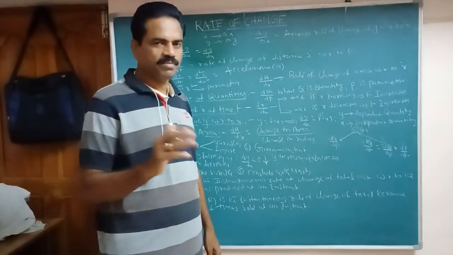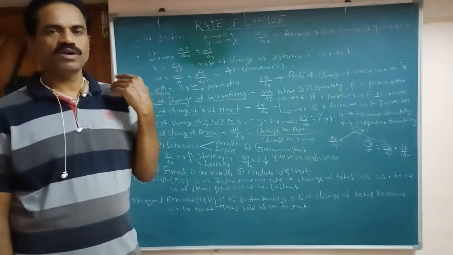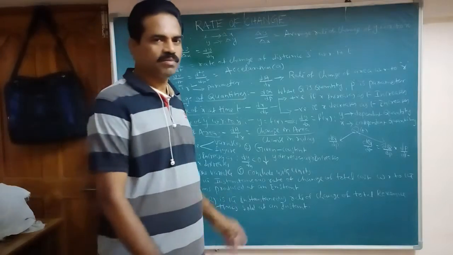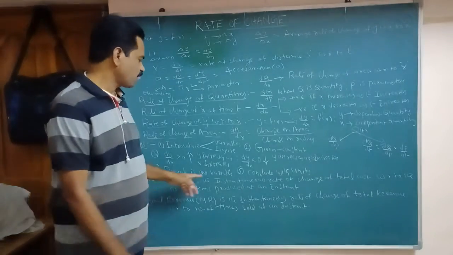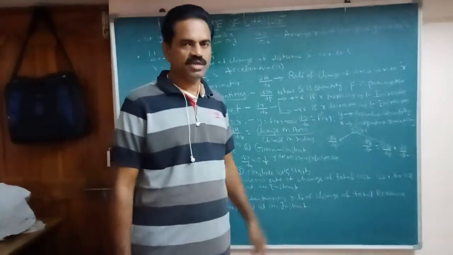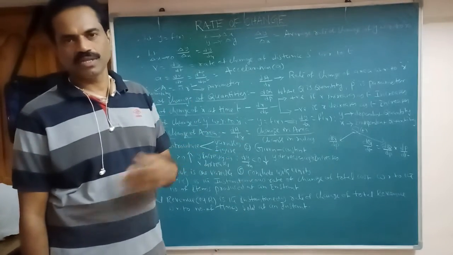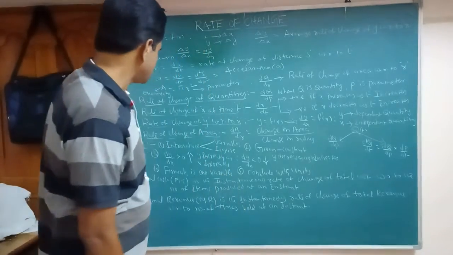Suppose the problem is given in terms of both variables. You have to convert it into one variable, either r or h, depending on the problem. So the formula is in one variable. And last, write down the units, which are compulsory, like meters per second, depending on the problem. That is the last step.